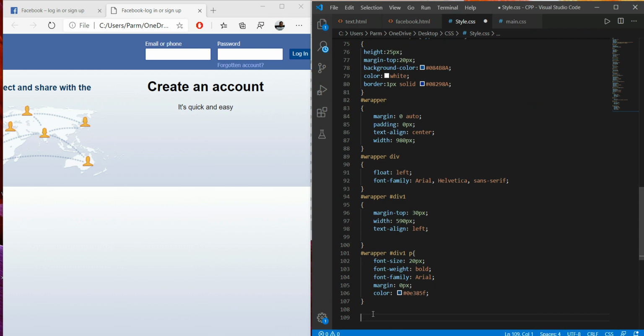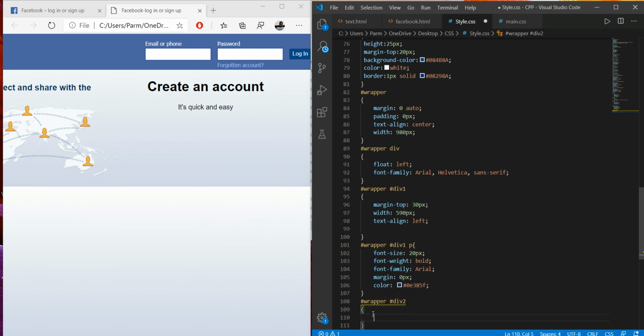I'm just going to create another ID, a wrapper, then another ID, and to this I am giving the name as div2, and here we have to specify its height and margin at top. I just wanted to give 10 pixel.